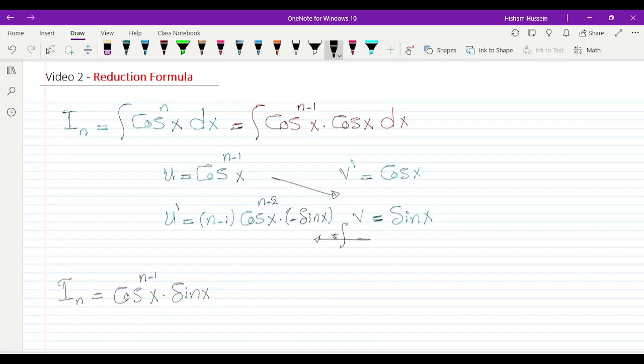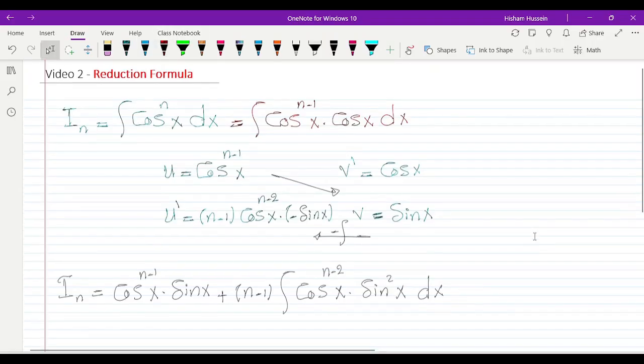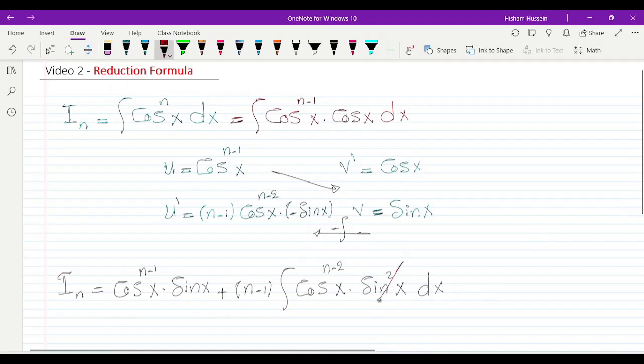Then, negative and another negative is positive, n minus 1 is a constant, the integration of cosine to the power n minus 2 times sine, which is sine squared. So this is cosine to the power n minus 2 x times sine squared x dx. As mentioned in the lecture, we can replace this sine squared by 1 minus cosine squared x. So the integral in this case will be